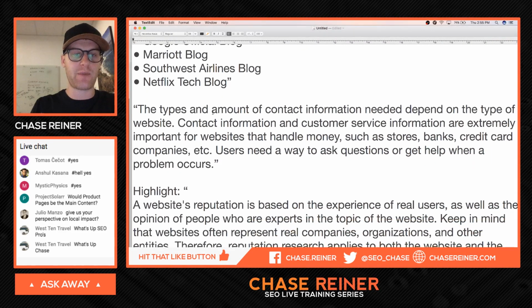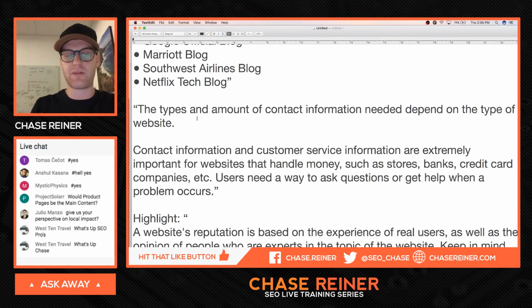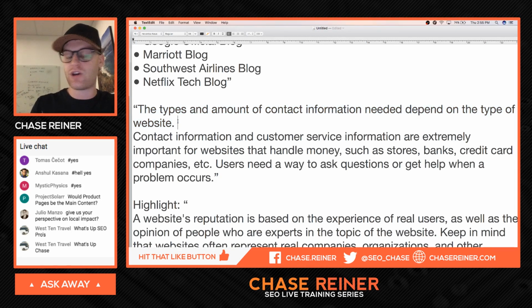So next we got: the types and amount of contact information needed depend on the type of website. This kind of just goes over what we're talking about. It doesn't matter 100% for every website. There are certain cases where you're not going to have contact information because you don't want to be contacted. But even then, you can still put a support email or something where people can at least get in contact with you somehow. So you can see here, it says contact information and customer service information are extremely important